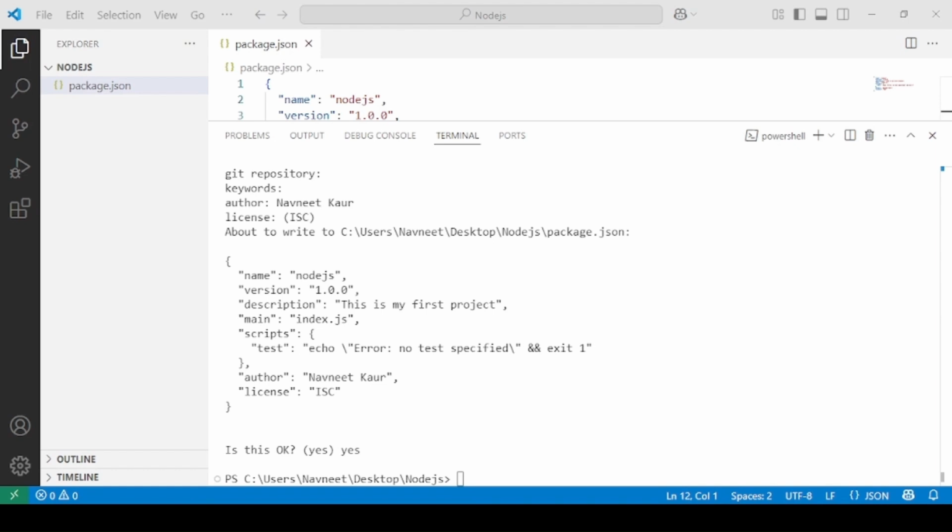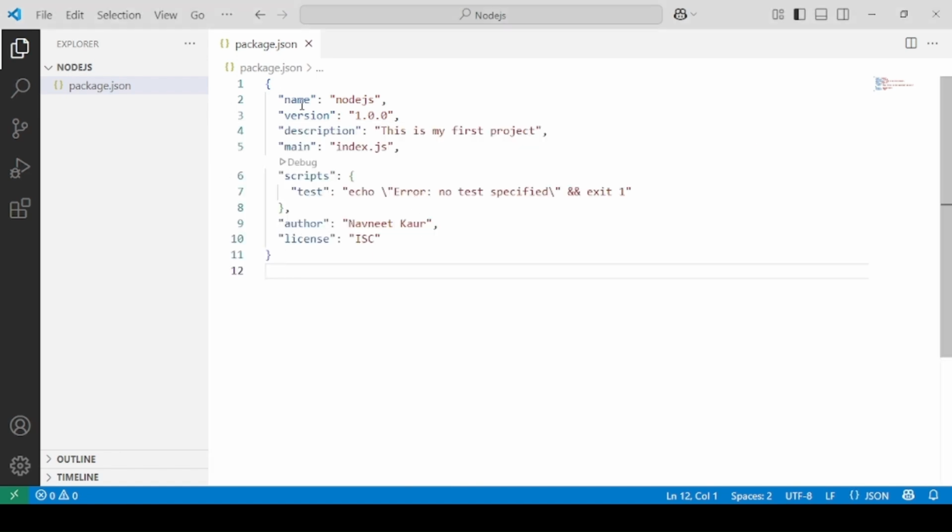Now the real question is that, do you really need to initialize your project? Do you really need to have this package.json? Do you really have to utilize the npm init command? The answer depends on your requirement. If you simply want to test standalone Node.js scripts, in that case you don't require this. But if you are developing a real world project, you need this.